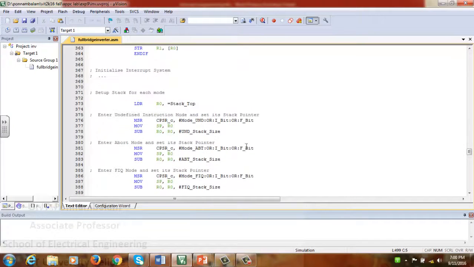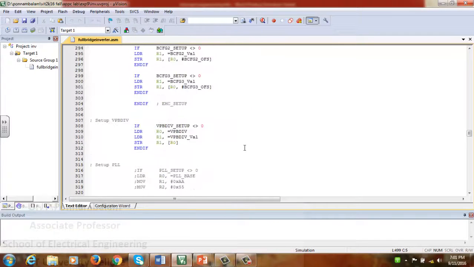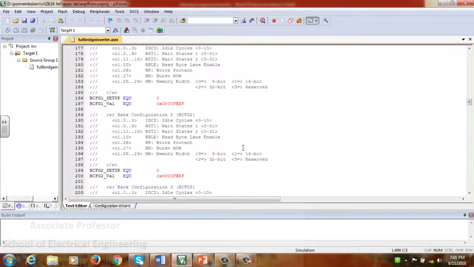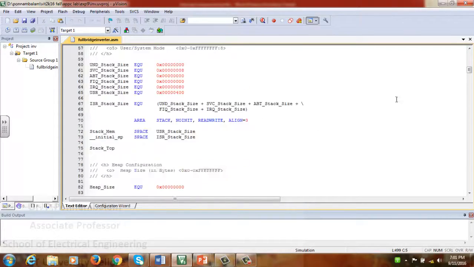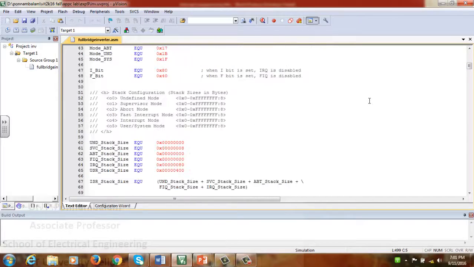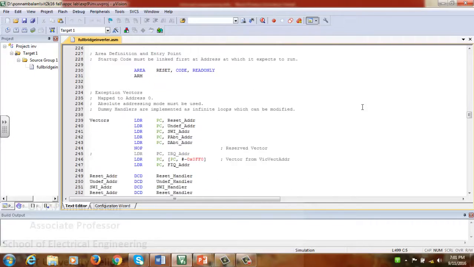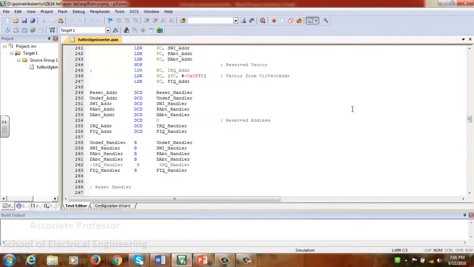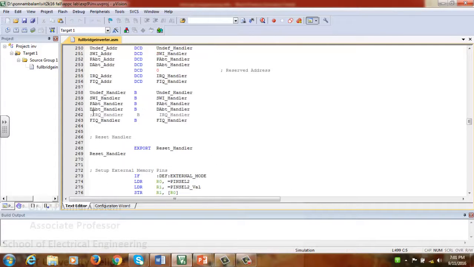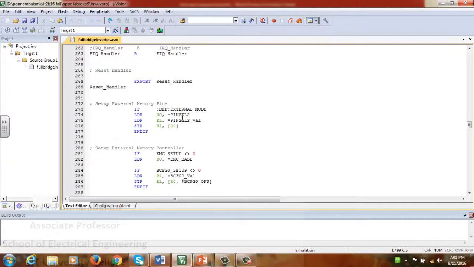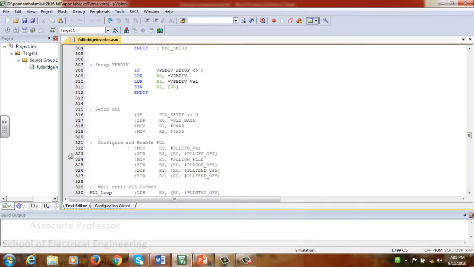As we have done in the previous case, we'll have to copy the startup.s file and put it at the beginning of the program. And one more thing you'll have to do is put a semicolon before this B IRQ handler, and subsequently all this setup PLL.